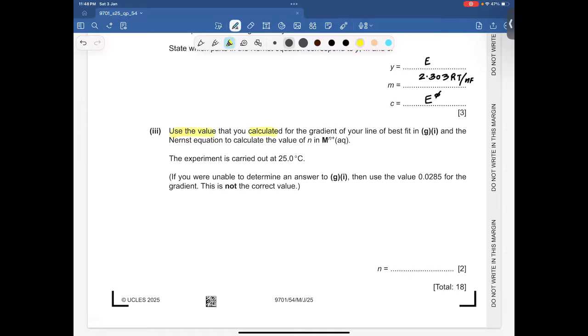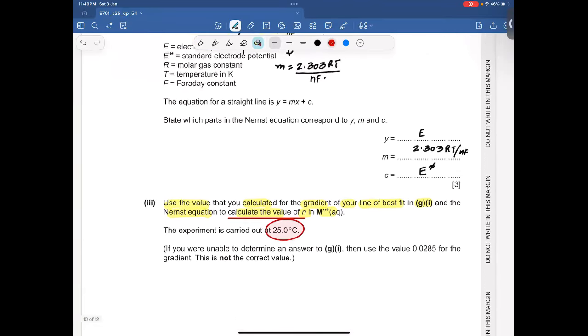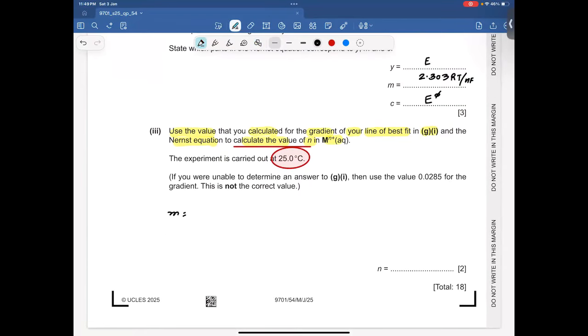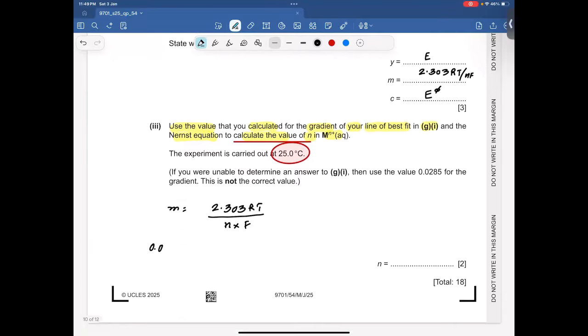Use the value that you calculated for the gradient of your line of best fit and the Nernst equation to calculate the value of n. That's what we want to calculate, the charge of the metal ion. An experiment takes place at 25 degrees Celsius. So gradient is basically 2.303 RT upon nF. Gradient was 0.0296